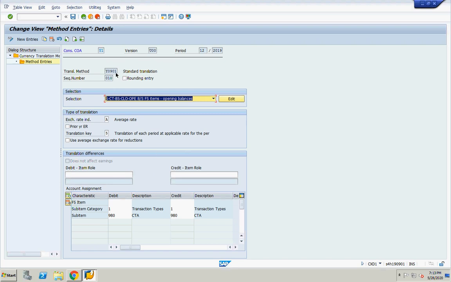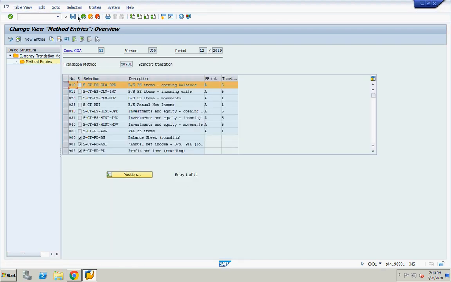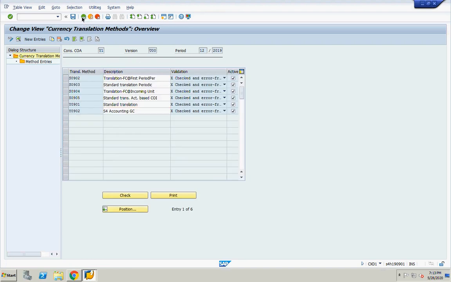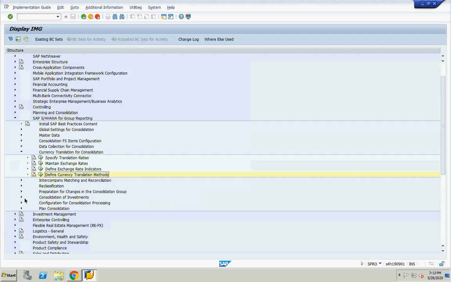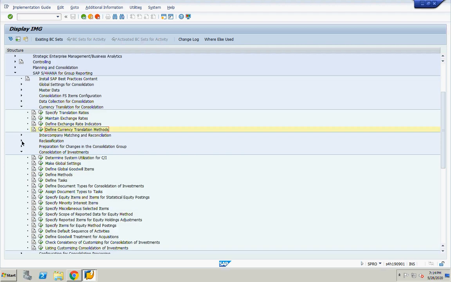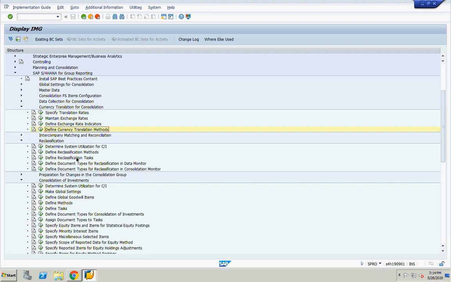This is delivered by SAP; I have not created Y0901. The same thing is applicable for other items, like consolidation of investments. Reclassification is also applicable. So you have to create everything new. That is business scenario 1.